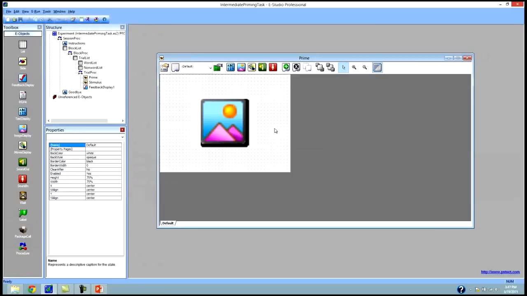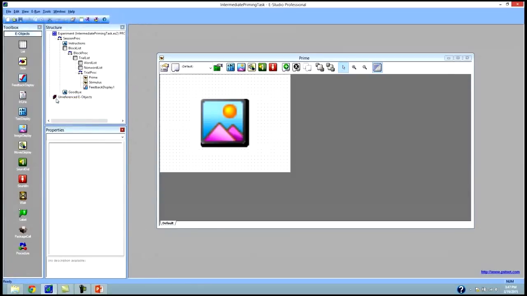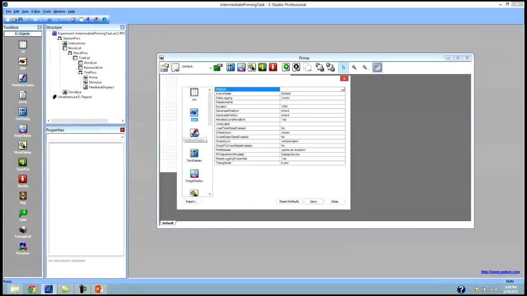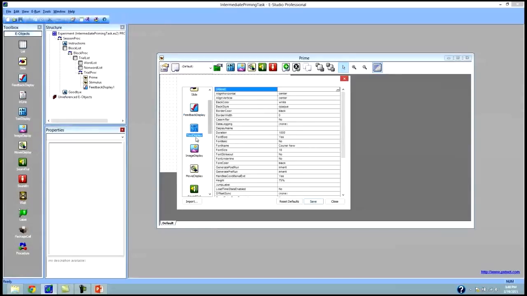So before we move on from our prime object, I would like to demonstrate one very cool feature of E-Prime 2.0 Professional, and that is something called Toolbox Defaults. You can get to Toolbox Defaults by right-clicking in the toolbox and clicking Toolbox Defaults. What this allows you to do is preset the default value of every object in E-Studio. So for example, let's say that when I'm editing my task,